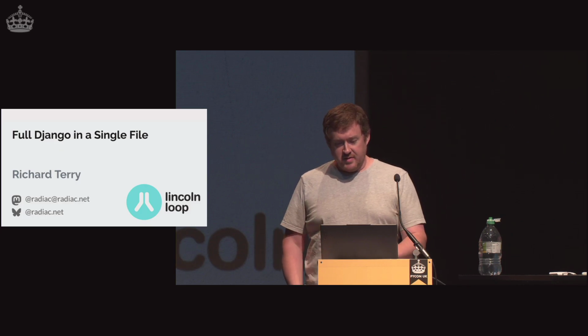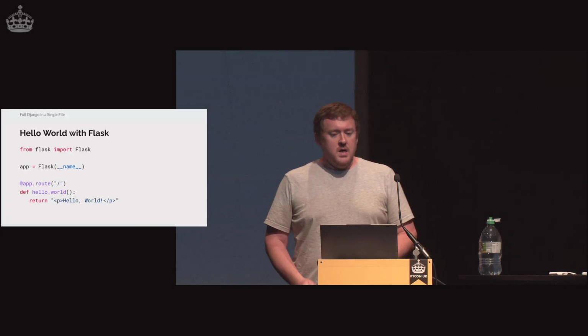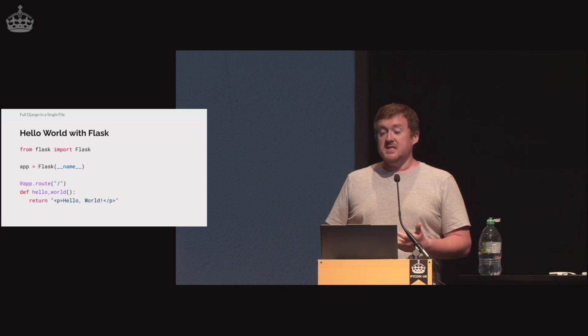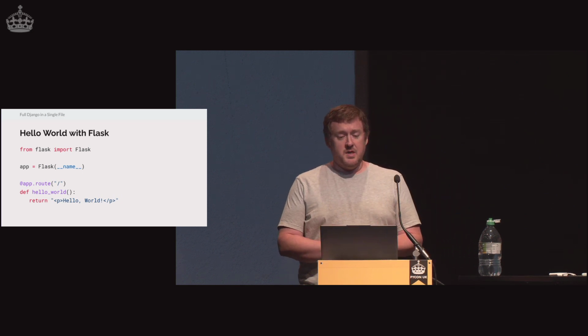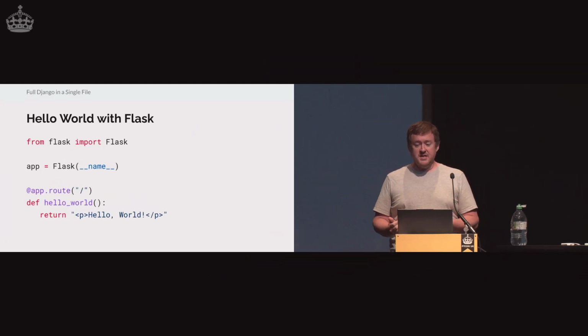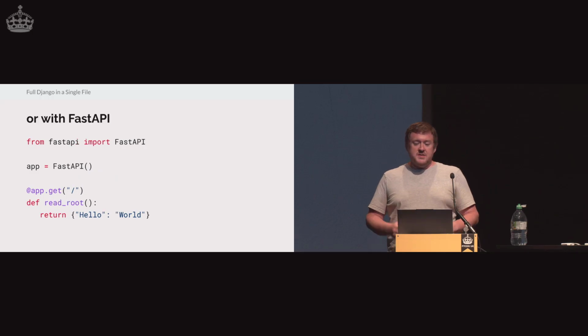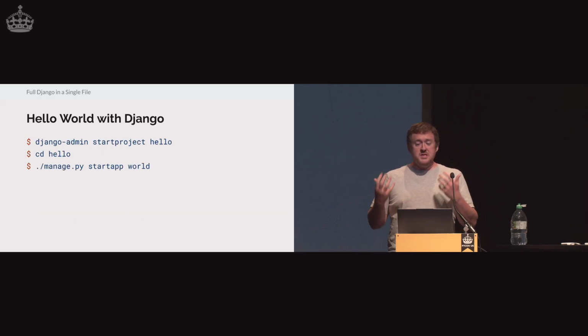But first, let's talk about Flask. One of the reasons people like Flask is because it's super easy to get started with. You open up a text editor, you write a function, and it just works. The same goes for FastAPI. The learning curve starts off gently, and you get to see things appear in your browser almost immediately. It's exciting. But if you try to do the same thing with Django, you have a few more steps, and